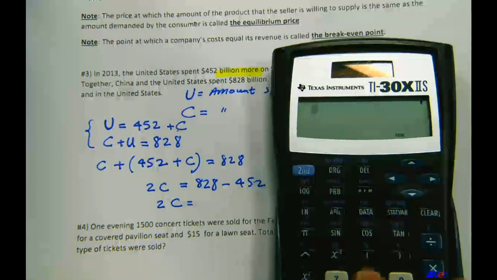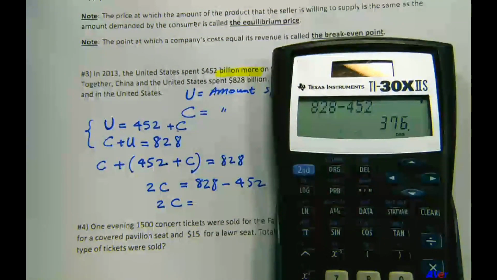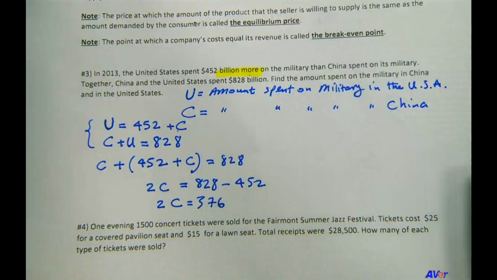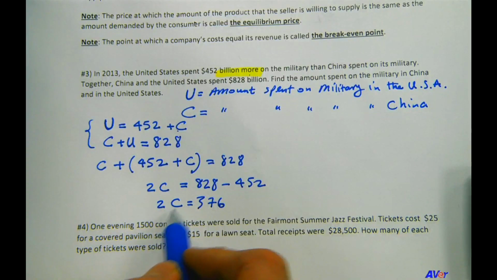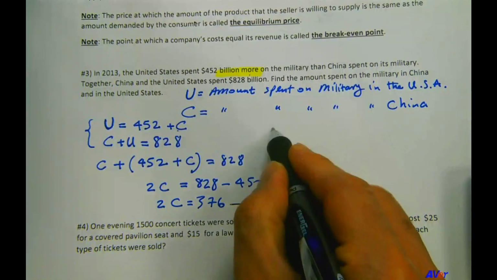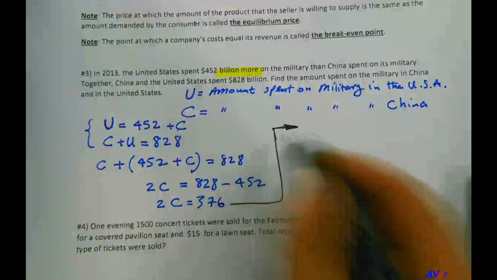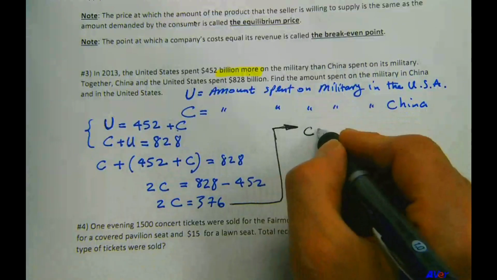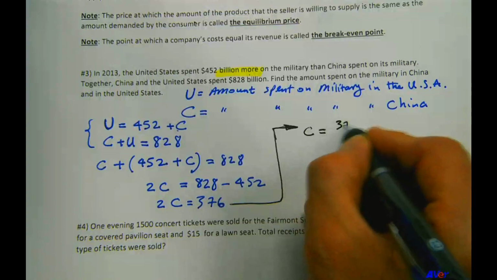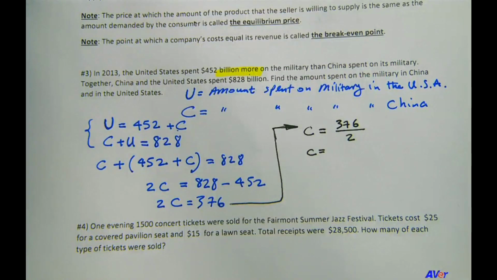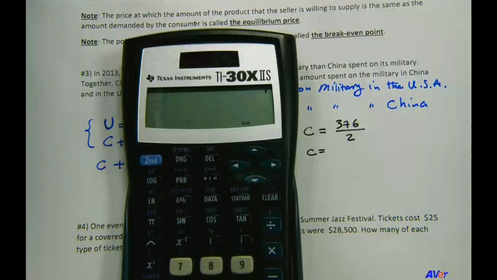So we have 828 minus 452, which is 376, right? But to solve for c, we need to divide both sides by 2. Let's do that here. So c equals 376 divided by 2, which means the amount of money spent on military in China was